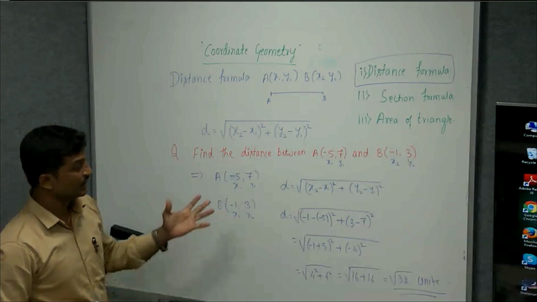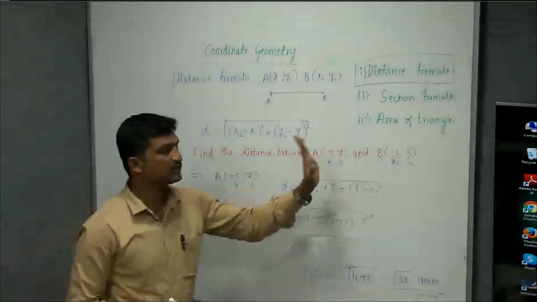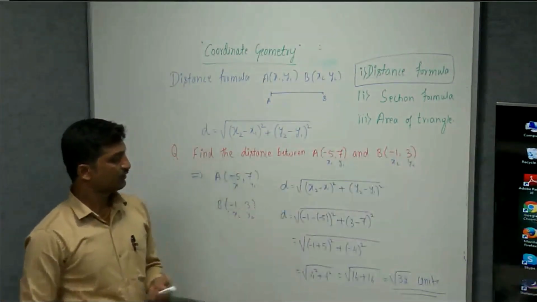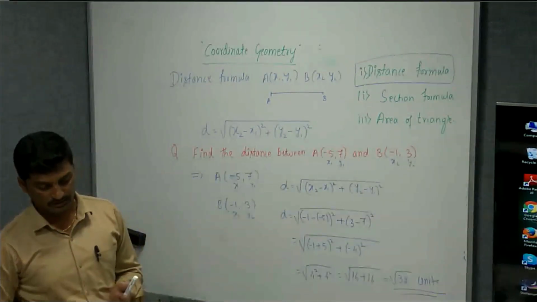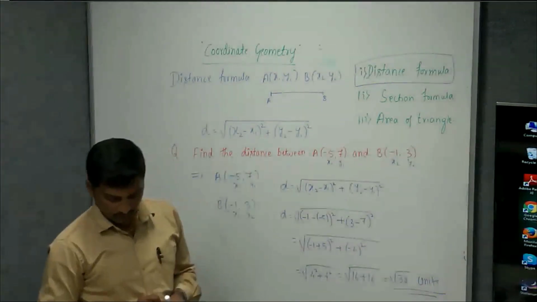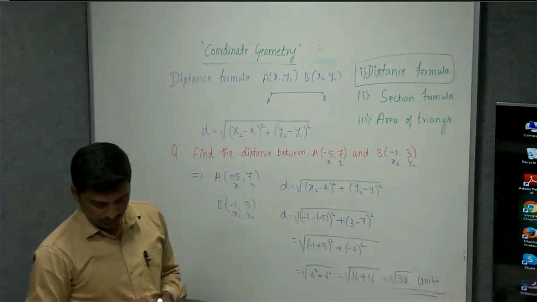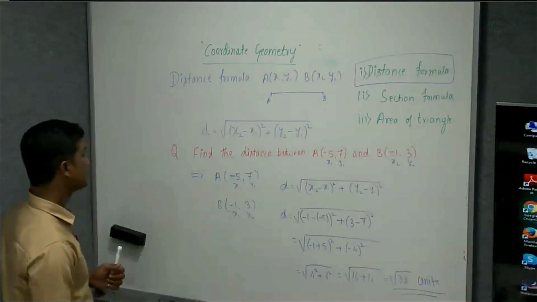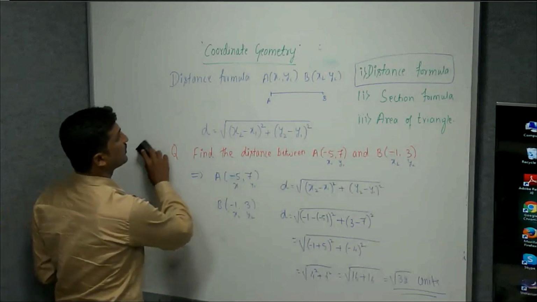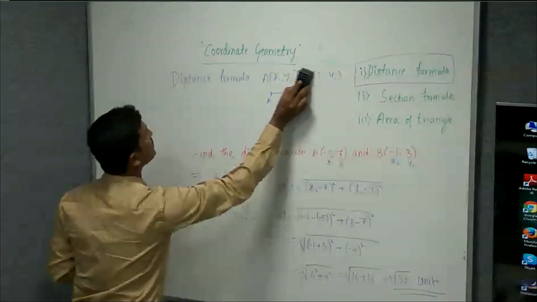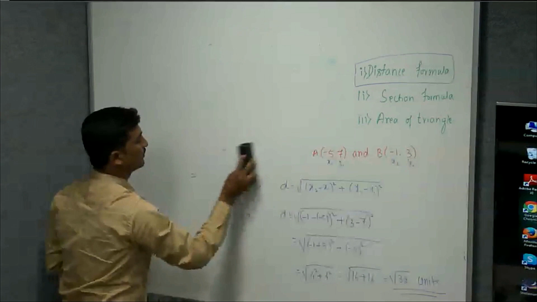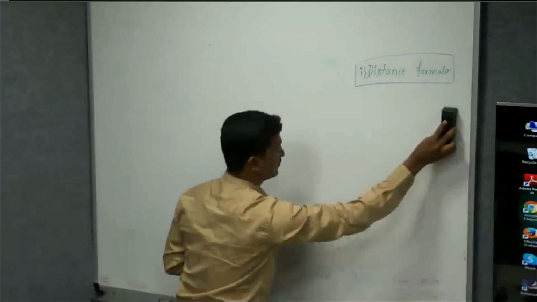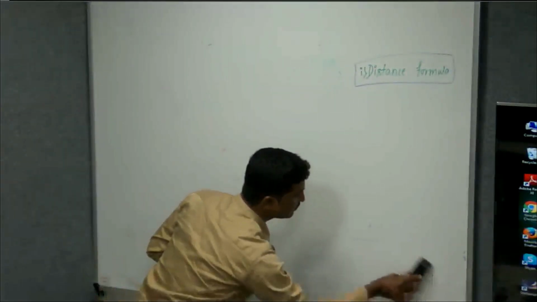They may ask like this question. They will give 2 coordinates, you can calculate the distance. So this kind of question they are going to ask for 2 marks. Shall we see one more problem, a little bit applicable? Okay. So the question is, I will remove this one. The question is, please take down the question.